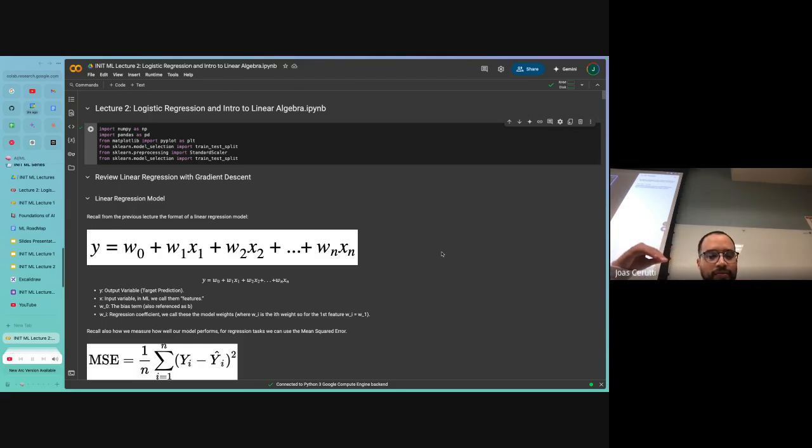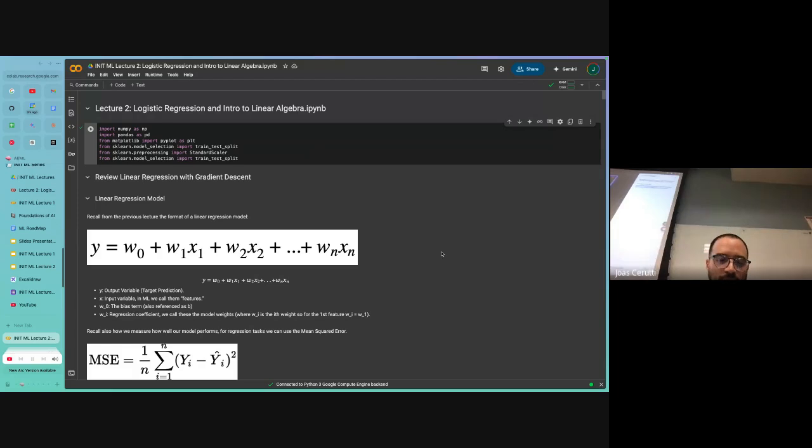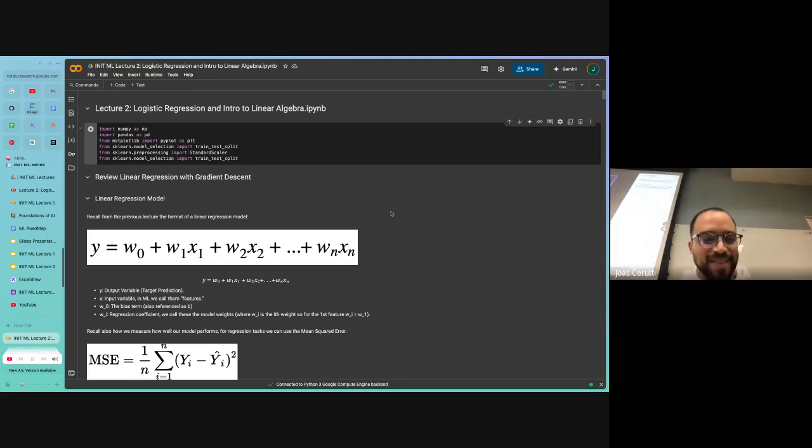Can you guys hear him well? I think he said you update the parameters. He's basically saying that you update the weights and the bias with the previous weight minus the learning rate times the partial derivative with respect to what you're updating, right? Okay. Yeah. That's nice. Way to remember that, brother.